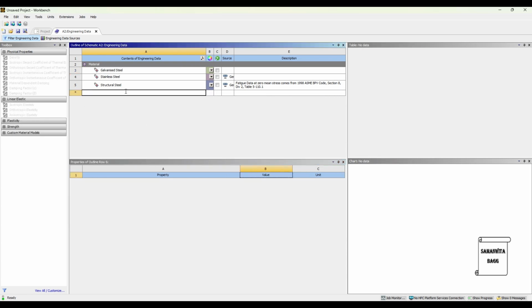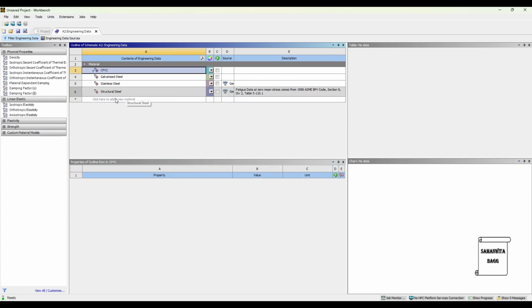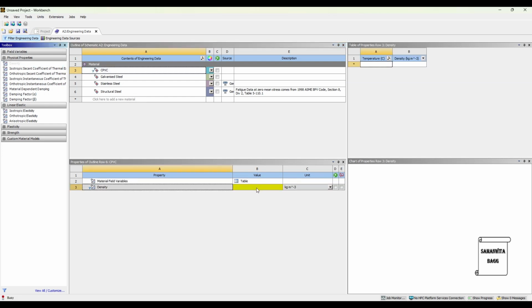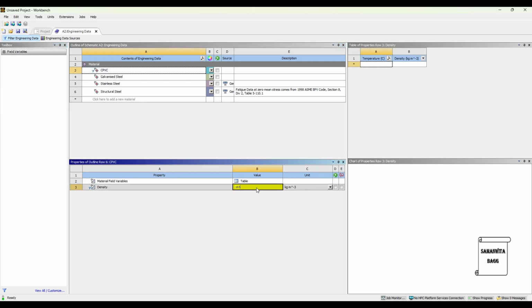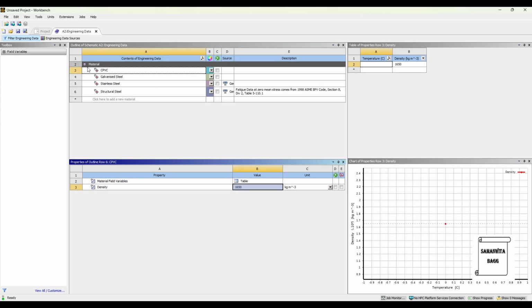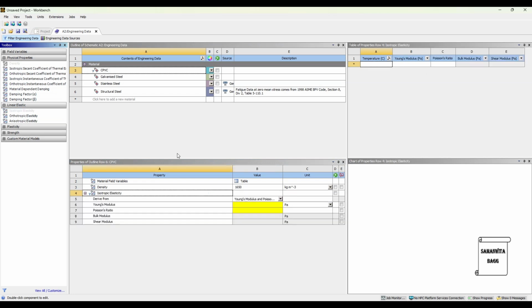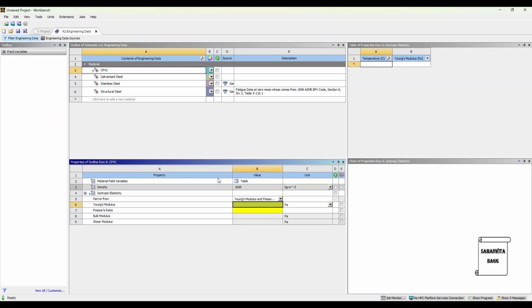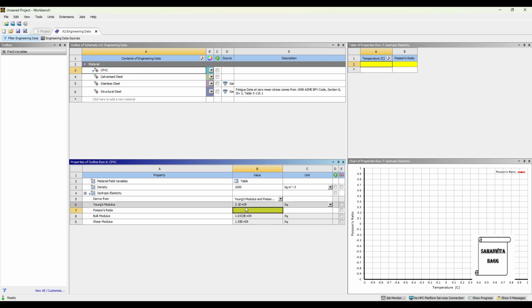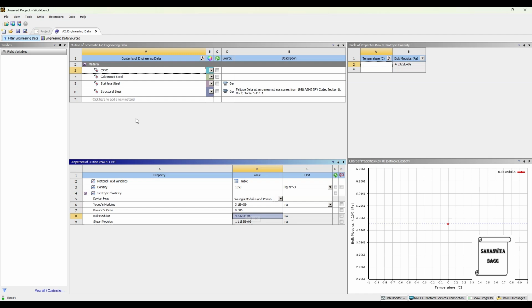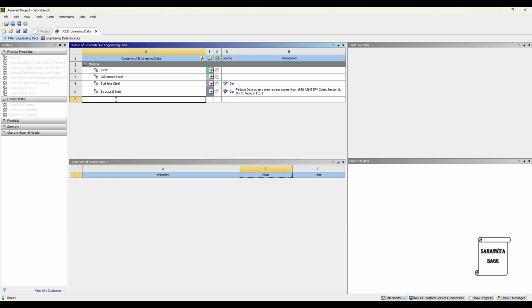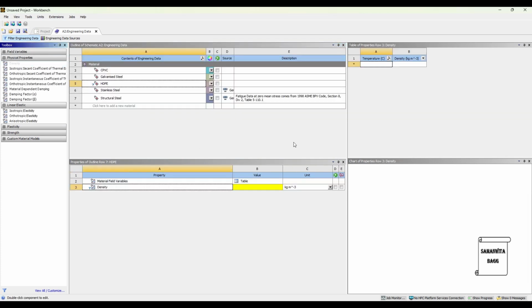The next material is CPVC, chlorinated polyvinyl chloride. For this, the value of density is 1650 kg per meter cube. Also, I'll give the value of isotropic elasticity. Young's modulus is 3.1 gigapascal, so E9. Value of Poisson's ratio is 0.386. The fourth material is HDPE, high density polyethylene, for which I'll give the value of density,